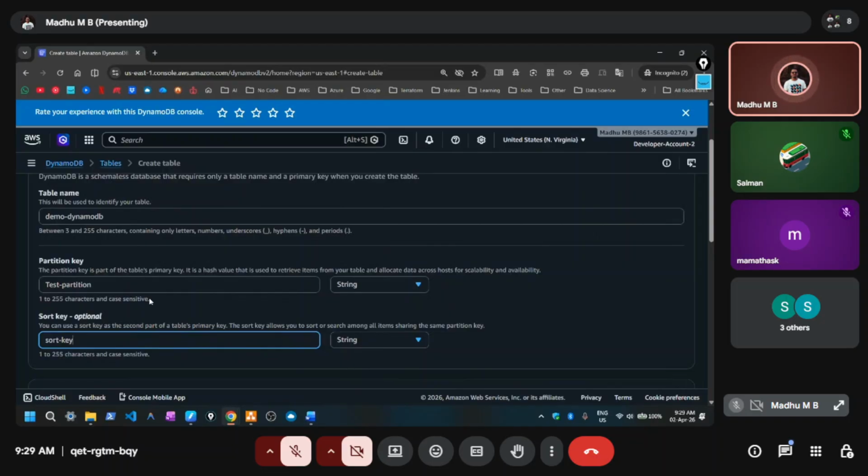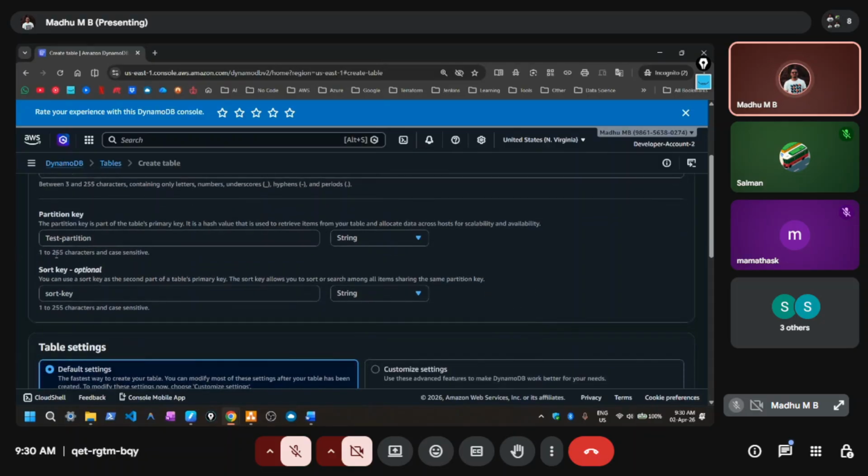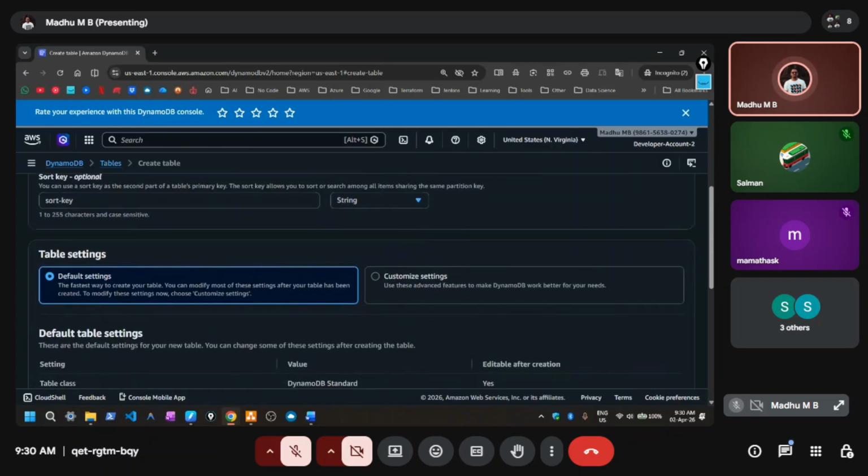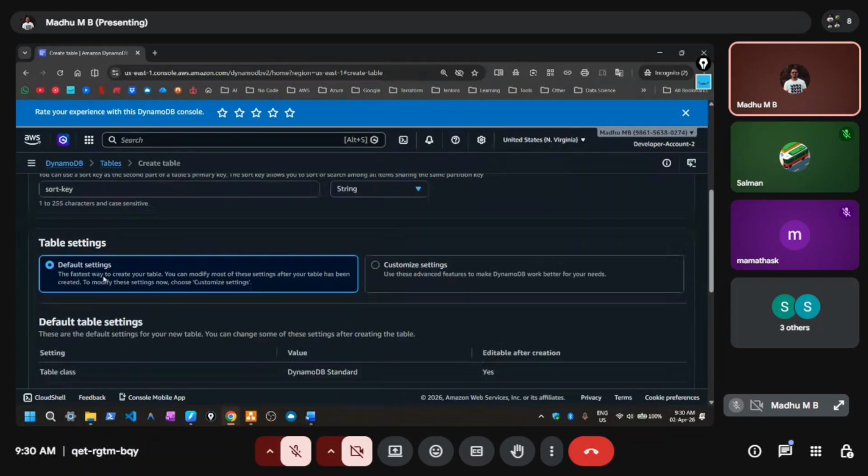And we have to store the data in the partition key, so that whenever we try to retrieve the data, we can use this partition key and the sort key to fetch the data. Okay,